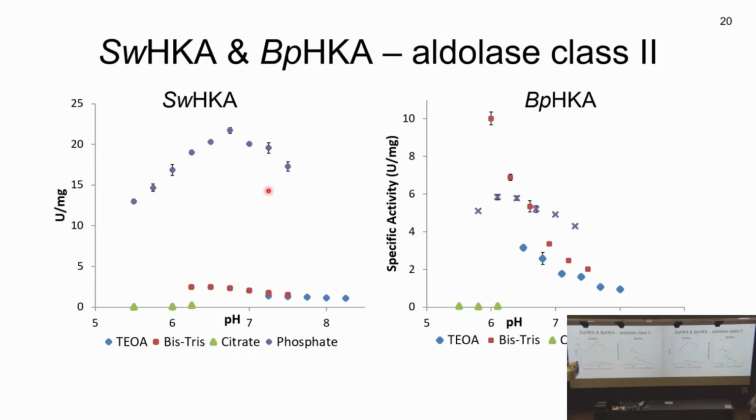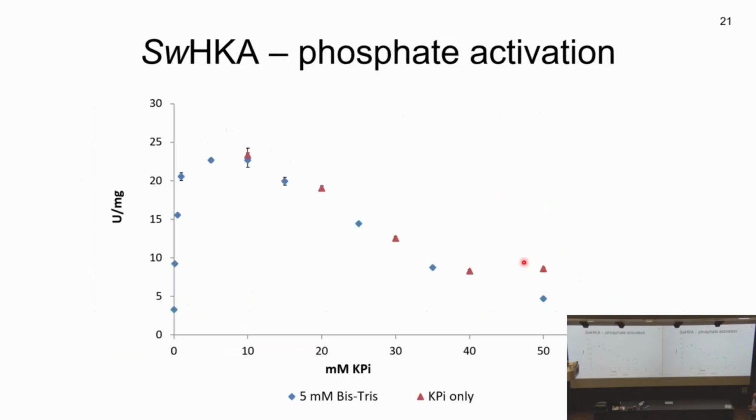When we then tested different buffers, we found that one of these two enzymes is activated a lot by a phosphate buffer, while the other one isn't. The pH optimum, both of them are between 6 and 7, so that's not really much of a difference. But one of them is phosphate activated, and the other one isn't. And this has been described in the literature before for these aldolases, that some people say, no, they're phosphate activated, and others say they are not. And obviously we had here two enzymes, each with one of these properties. So we had a good look at it.